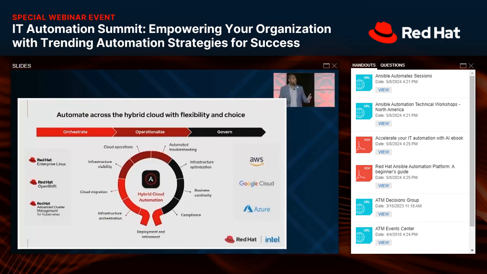The use cases around that are almost endless. So just something to consider. If you're not automating how you're utilizing your resources on your cloud, you definitely want to consider that something that you should seriously consider looking into and moving forward with.